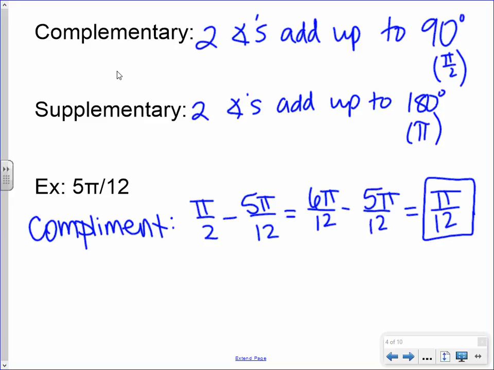All right, so we just worked with the complement. So we took pi over 2 minus our angle to find its complement. Were there any questions over that? Okay, so its supplement